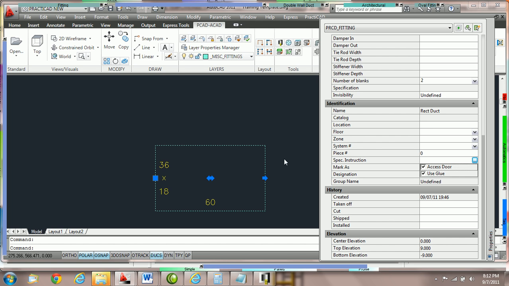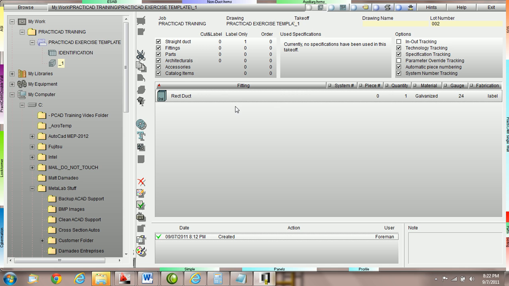The main reason for special instructions, as well as floor, zone, and system number, is that the identification properties can appear on the labels when you download to PractiCam. You can see here we have ductwork piece number 0. If we go over to PractiCam, we can see here that we've got the rectangular duct downloaded with piece number 0